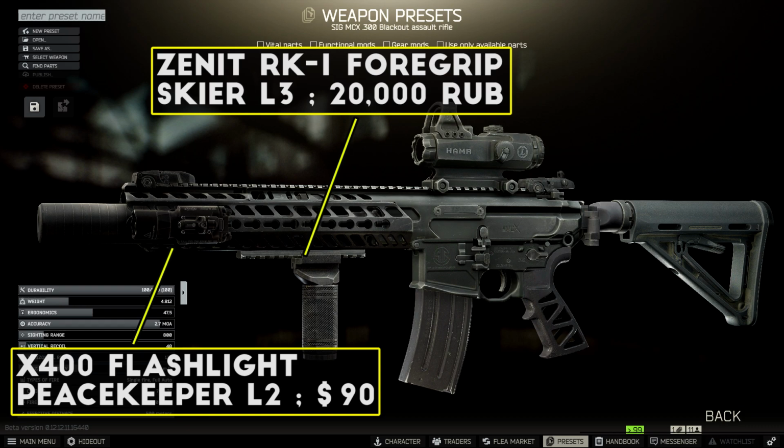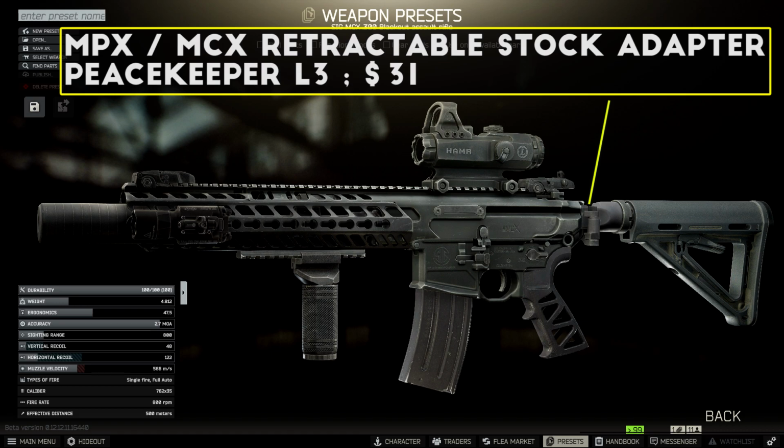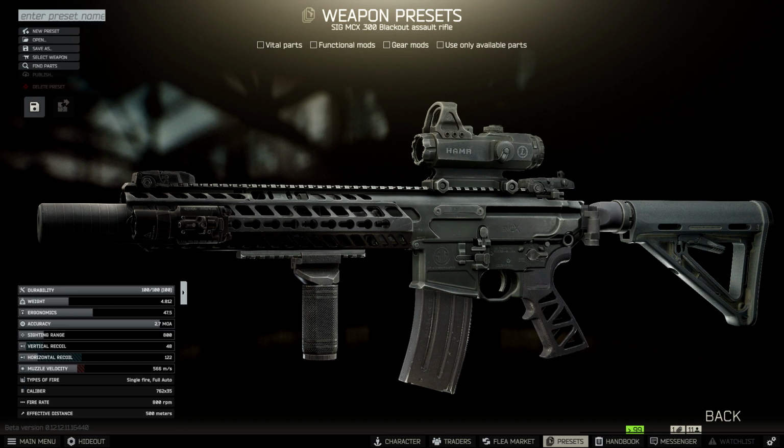For the tactical device, that's up to your preference, but I usually run an X400 flashlight. Next up, the newest addition for the MCX in the 12.12 patch is a very simple one that just allows us to finally attach the MPX MCX retractable stock adapter and add better stocks and buffer tubes. For this build, I'll be showing the top tier option, but if you don't have mechanic level 4, the only